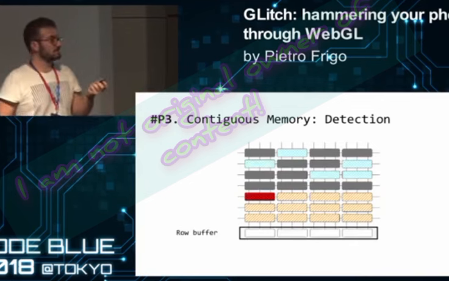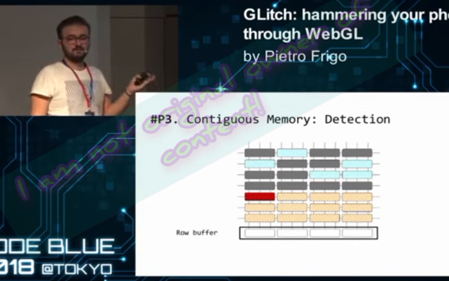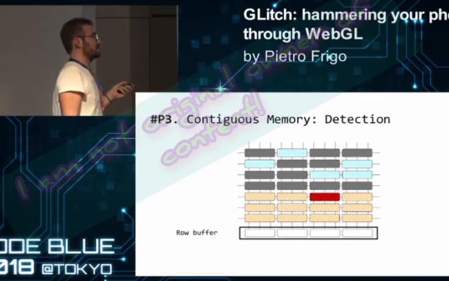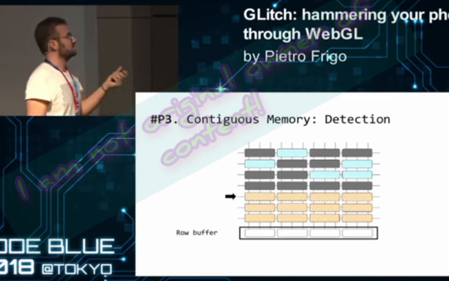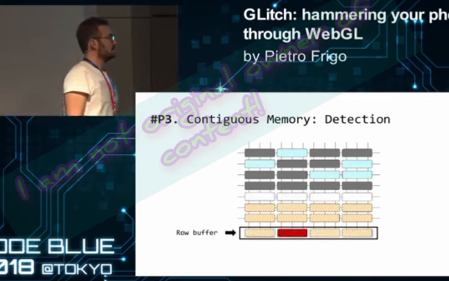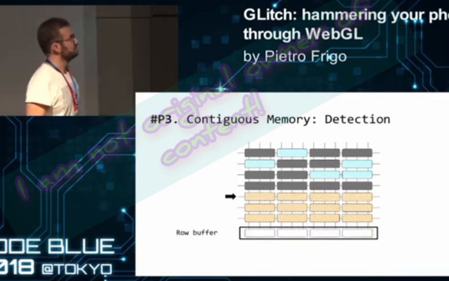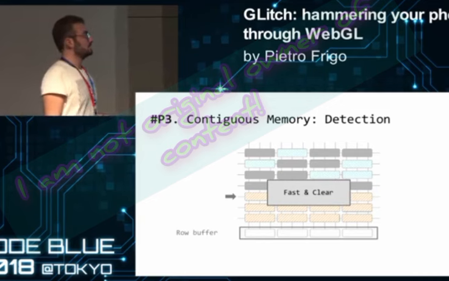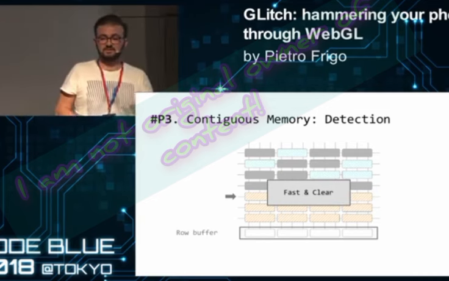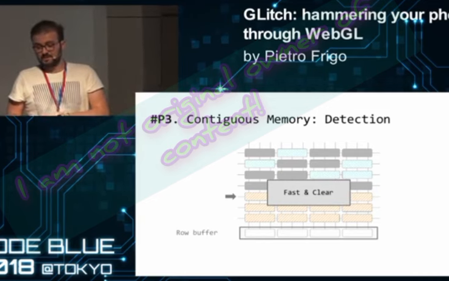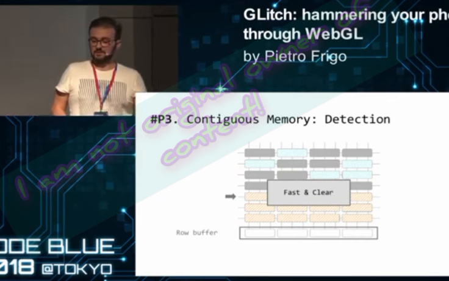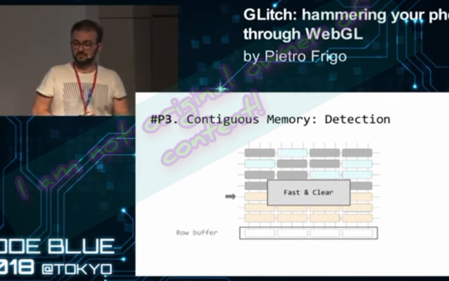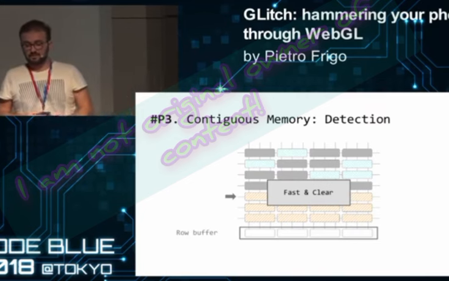So let's say you want to do the same, but when you have textures allocated by contiguous memory, and you want to touch again the first 3, what you need to do is you just activate that row, touch the first 3, and send it back. And this provides you with a very fast and clear signal. And you can distinguish these 2 signals from the GPU. As a consequence, you can figure out when the kernel has allocated contiguous memory for the GPU for the textures. Now, to detect this